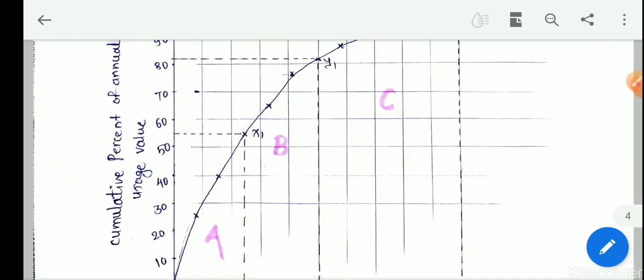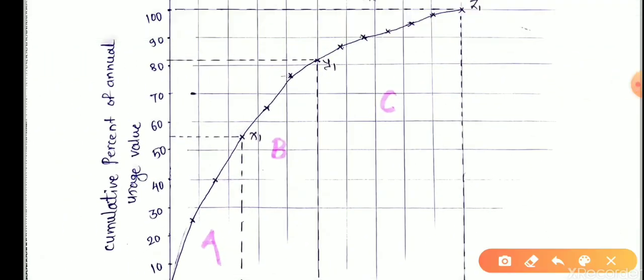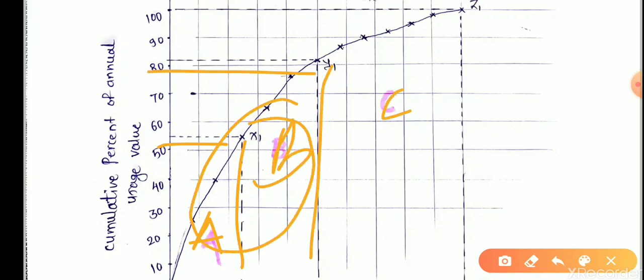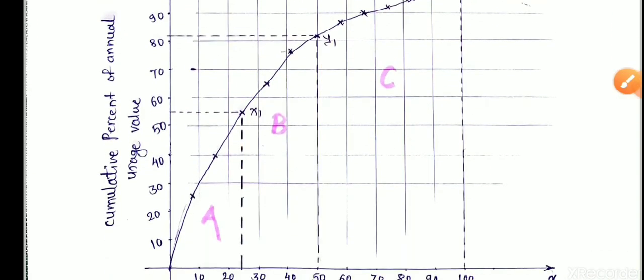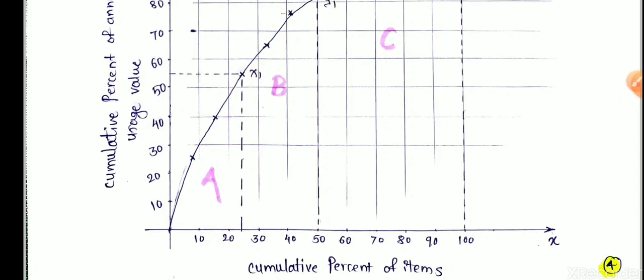Now draw all these points on the graph. A total of 12 points we have to draw on the graph. Draw all these 12 points with a curve or straight line. Similarly, indicate the points which are in the A category, the points which are in the A plus B category, and indicate the C category, that is between 100 minus A plus B. These total items are in the C category. And this is the graph.